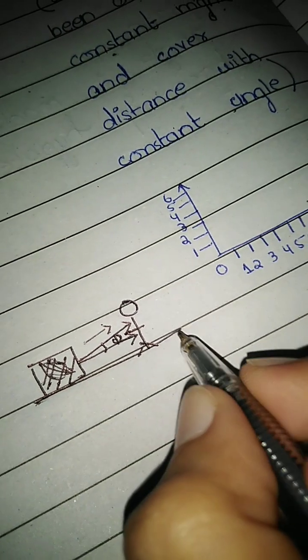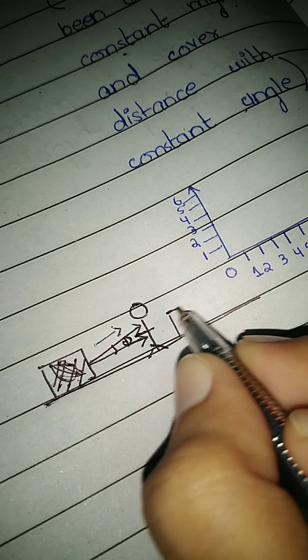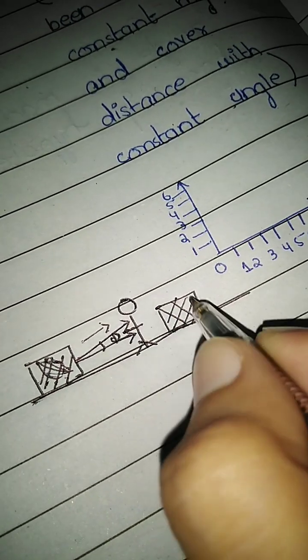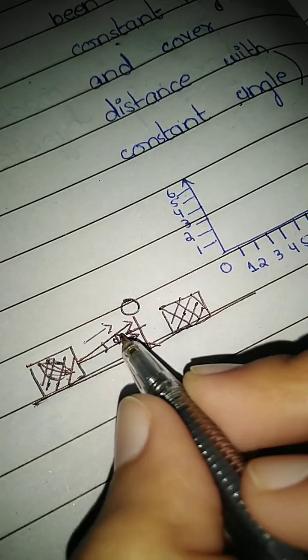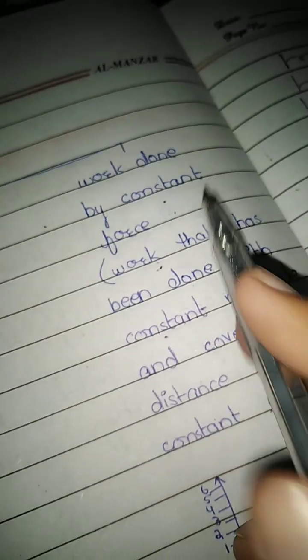Now there's a plane surface, and this body can cover the displacement till that with a constant force and a constant angle, and that's all about the work done